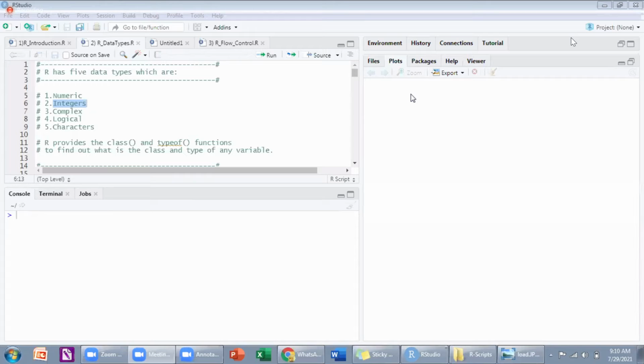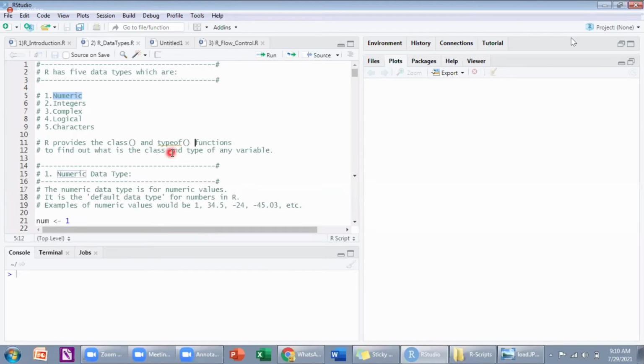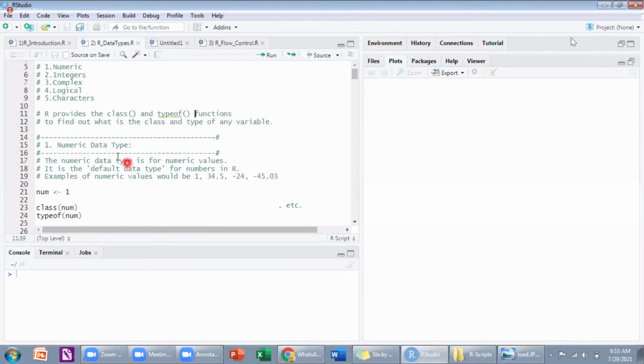Okay. Integers, as you all know, can be from minus infinity to plus infinity. But the difference between integers and numerics is: in integers, can we have a decimal value? Is 2.5 an integer? No, sir. Double or float. Yes. Means 2.5 is not an integer. What is that? We're looking at it later. If there are no decimal values, it is an integer. If there are decimal values, it is numeric. Clear? Okay.